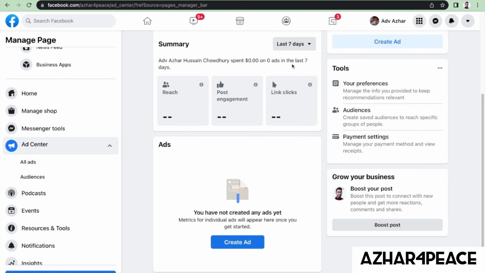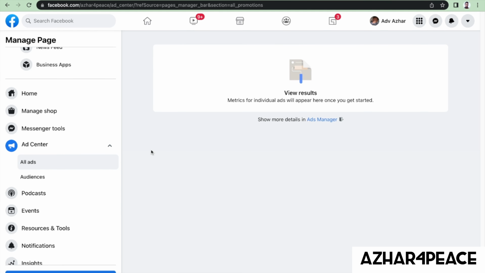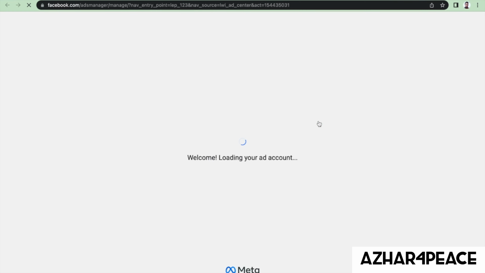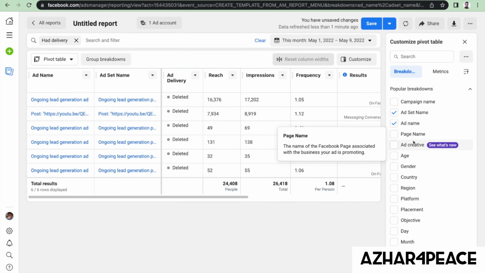I'm going to try to get the information in here. So let's see. Yep, Ads Manager. Here I'm going to try to get the information about all the ads that I had. As you can see, all the numbers are in here.